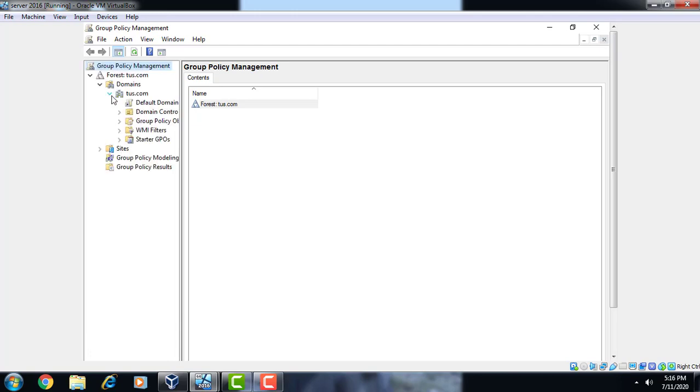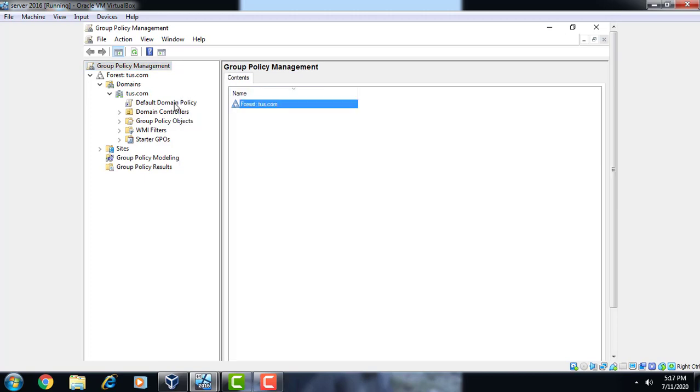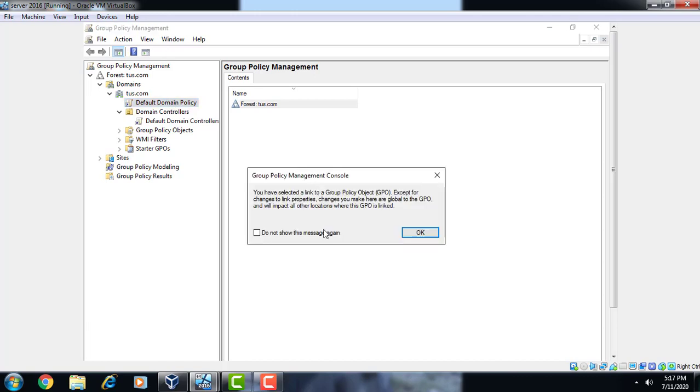Now you can see the option default domain policy, and in domain controllers there is the default domain controller policy. Now we will use the default domain policy because we have to do the practical regarding setting the password policies.